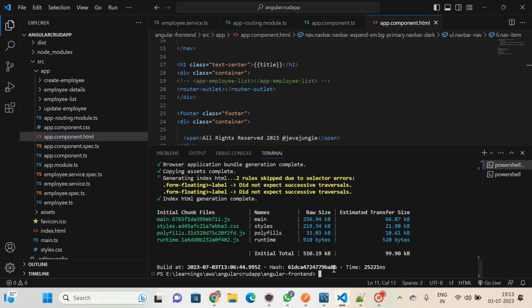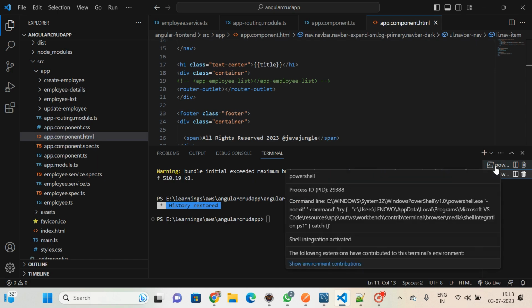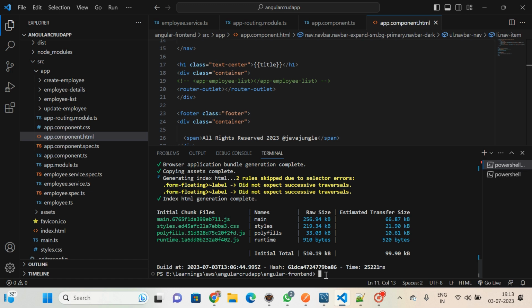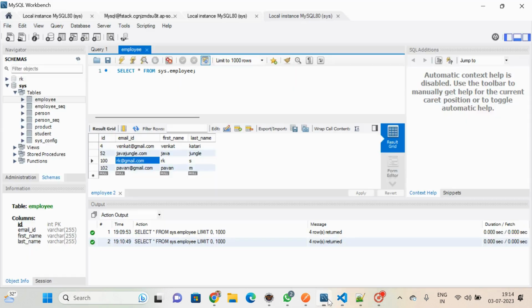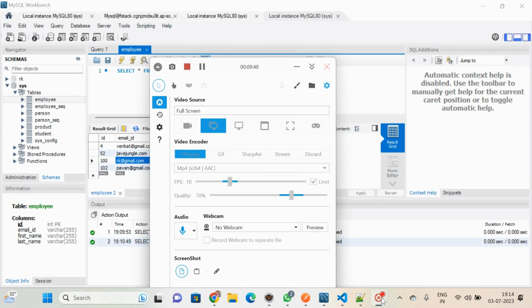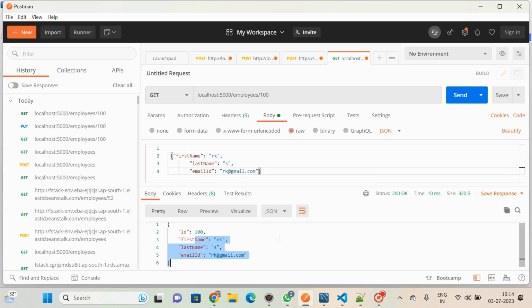As of now, I think it is not in running mode. I wanted to show you how exactly it is working now. To run this, ng serve -o. Then it takes, of course, some time to start this application in Angular. Once it gets started, you will be able to see whatever I have designed, and moreover, you can fetch the data from the database itself. Like how you see the data in Postman in the form of a JSON object, we are able to see that in the browser itself,